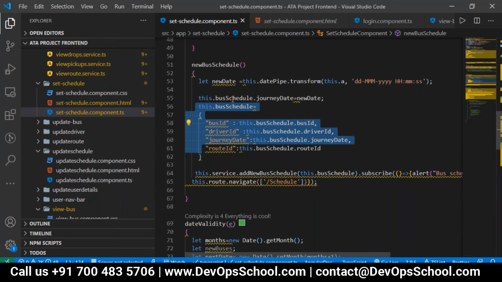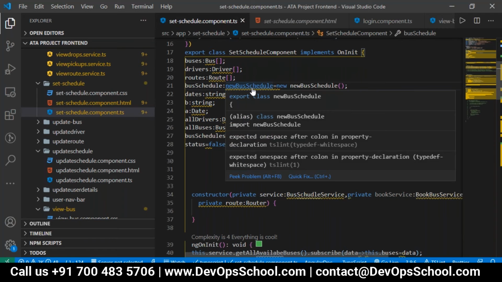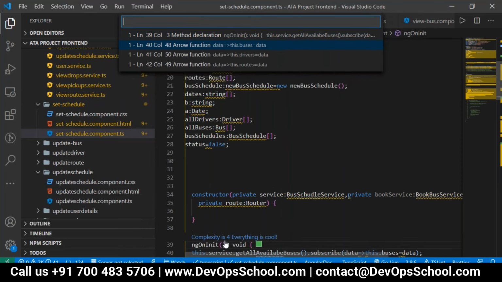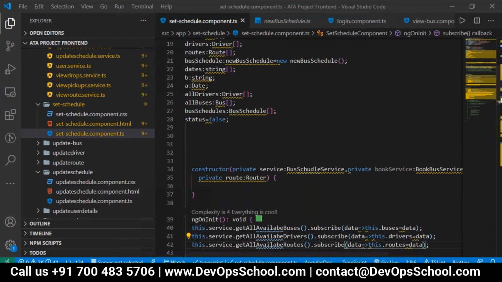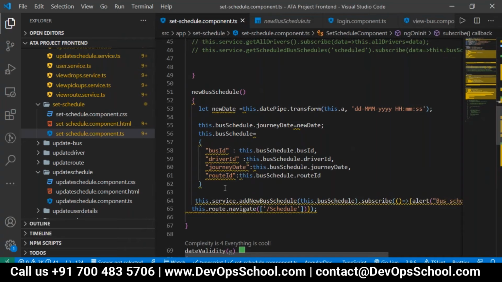If you go to the bus schedule object, where is my bus schedule? So bus ID, route ID, driver ID, journey date. Yes, only these parameters are there. We are constructing the object to send what data should be taken care of. The same format we have to construct here and send it.